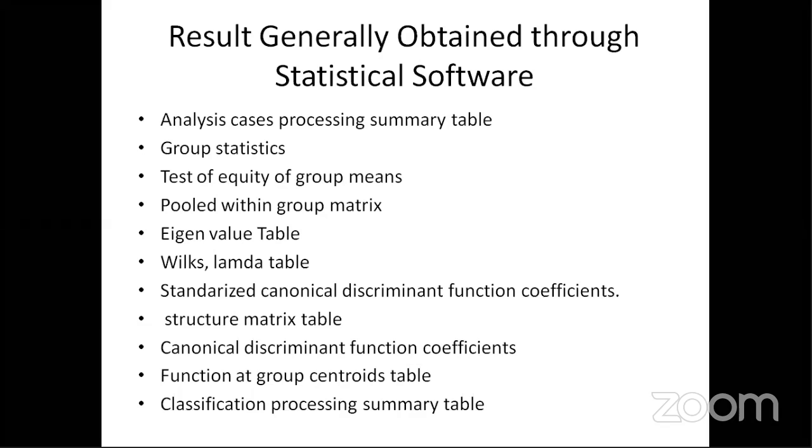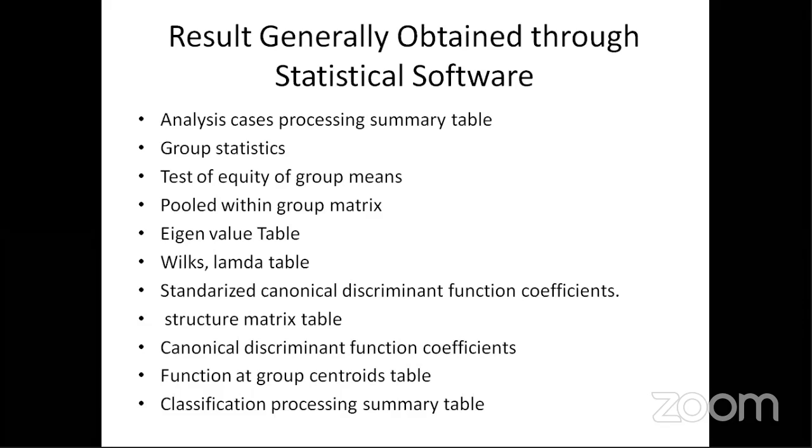Whenever you conduct multiple regression analysis, we have to check the multicollinearity problem, whether it exists or not. If it exists, then we should not continue our multiple regression analysis. So here also, since this is a dependence technique,